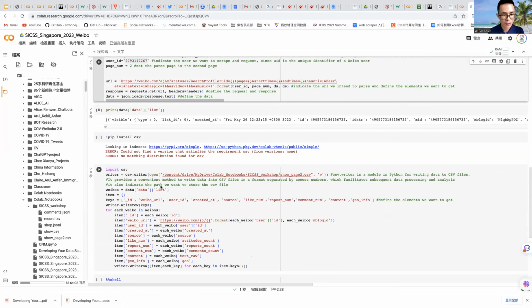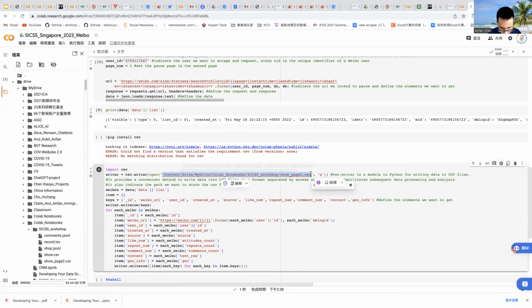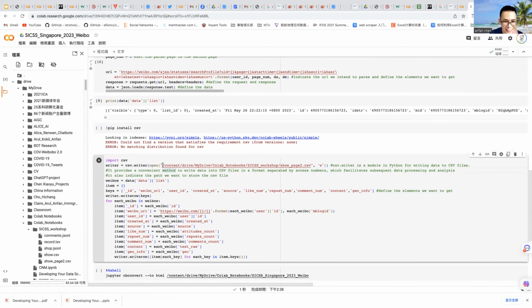If you run the scraper on your client, you can change the path to anywhere you want to store the data. Just copy the path, paste here, and then another path. So please change the path to your own Google Drive. Yeah, that's why.